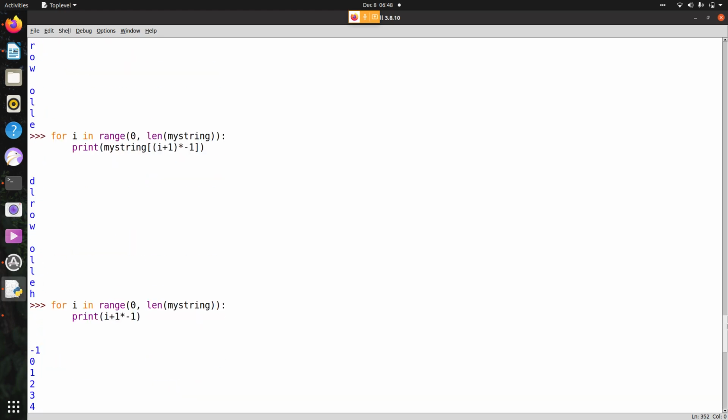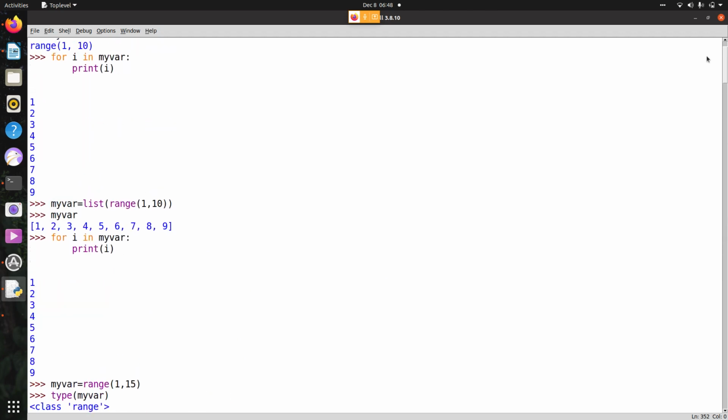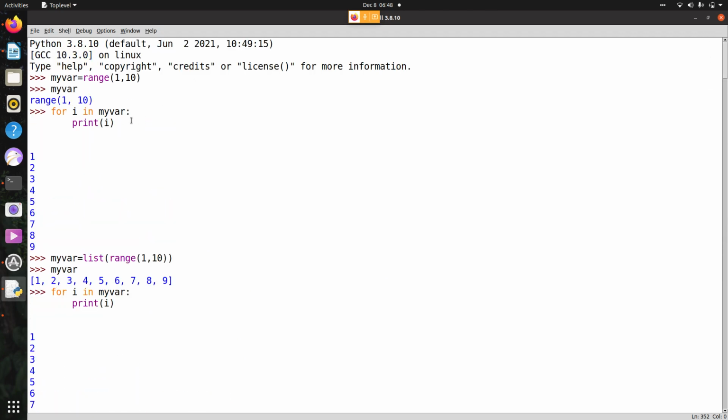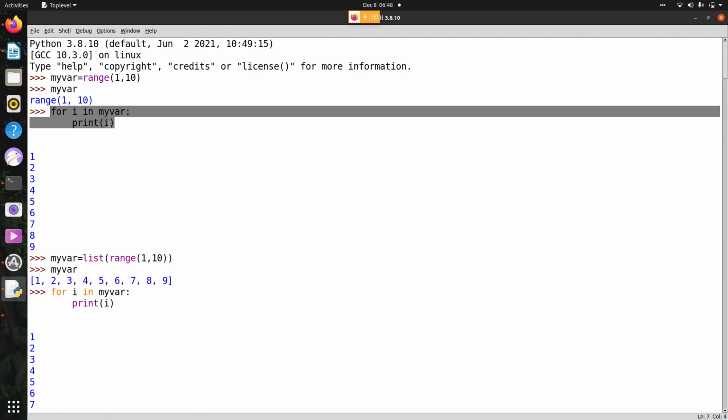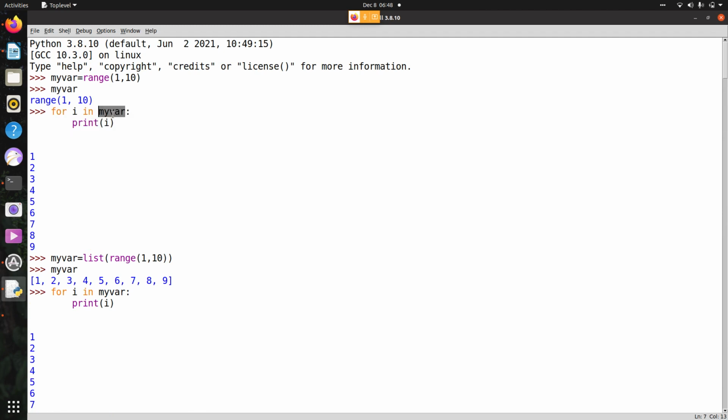Okay, in today's session what we have seen is the for loop. I mean, in a for loop, how do we iterate? A variable is a memory location which has subsections. If it is a string, they are characters. If it is a list, it is a series of numbers. If it is a range, it is a sequence of numbers. What we are saying is, for i in this memory location, for memory in memory locations, just print. This is how the for loop will work.